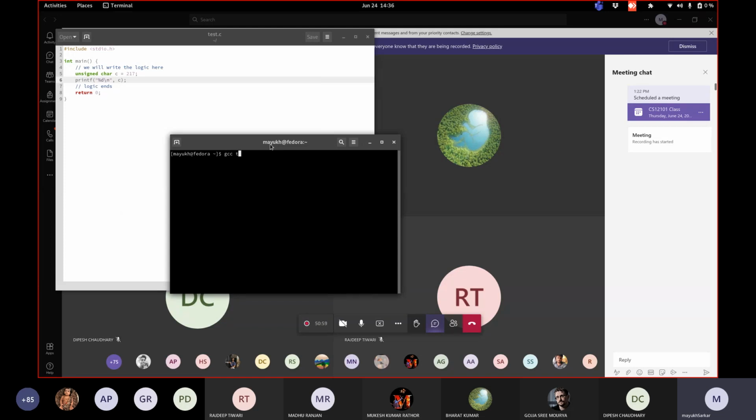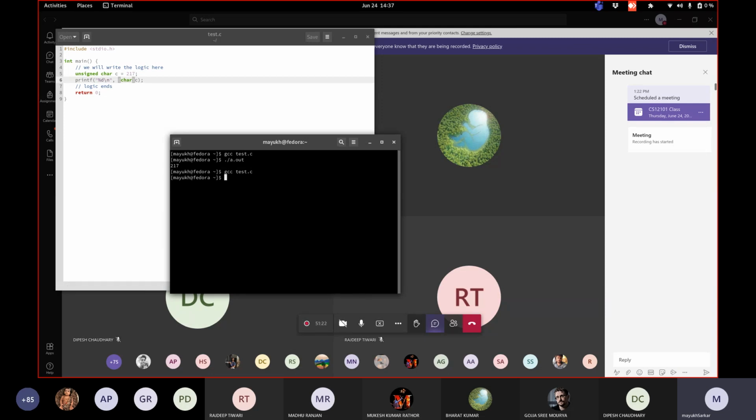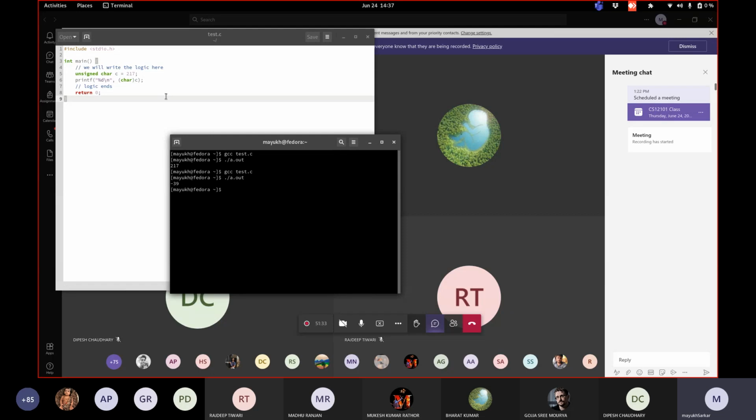And suppose I am going to perform gcc test.c. Okay, first let me convert it, because unsigned has higher priority. So let me convert it to pure char at first. And as you can see, as soon as I have written it, I have converted it into pure char. Okay, that means the signed char. Whenever you are not specifying signed or unsigned, it is signed.